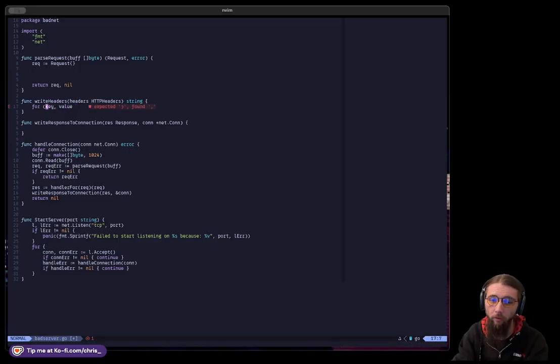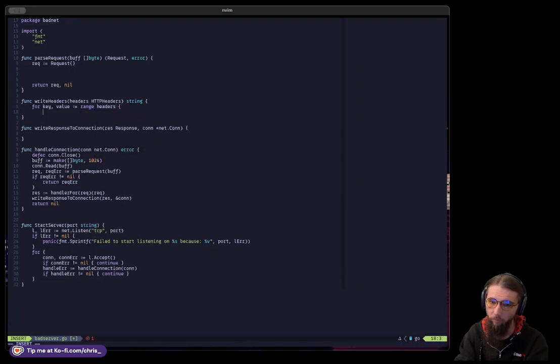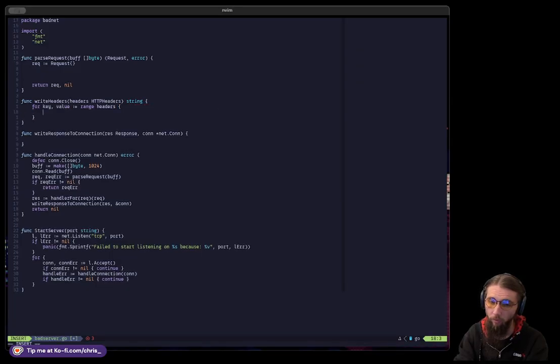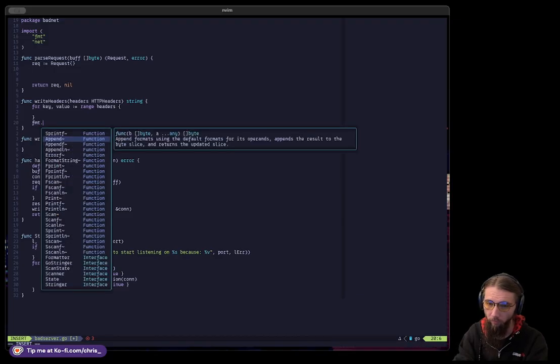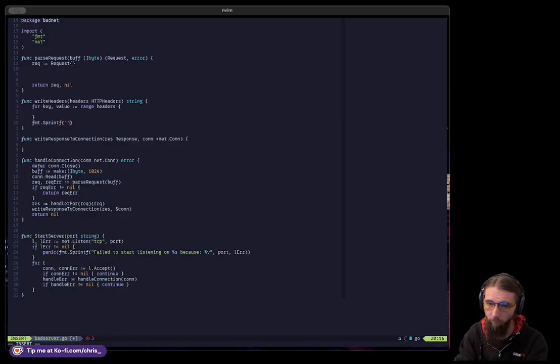That's one thing I don't need to do. Key value in range headers. Now, okay, what we're trying, don't worry. Fmt dot sprintf that for now. Return